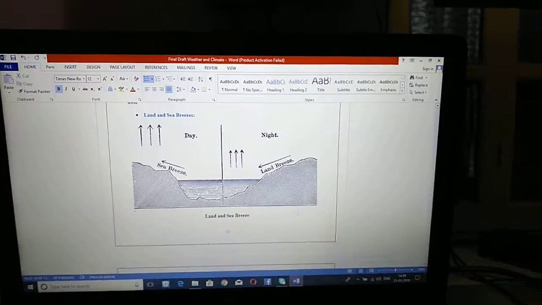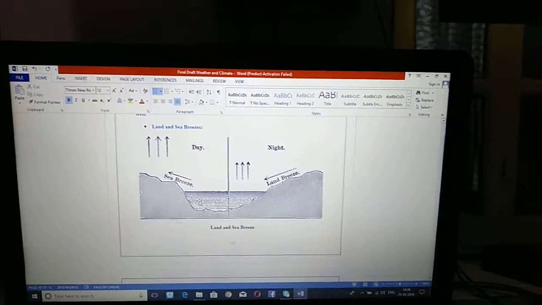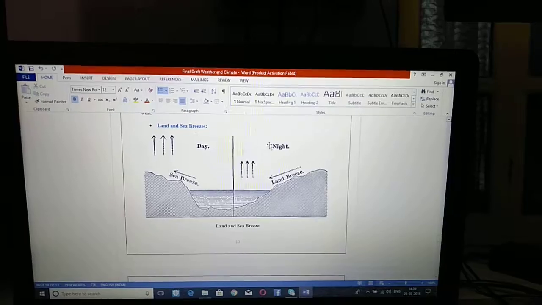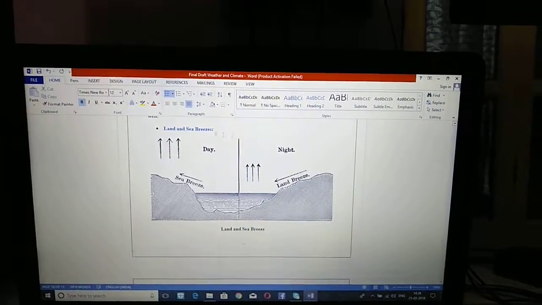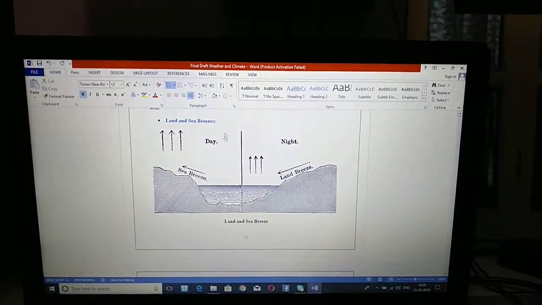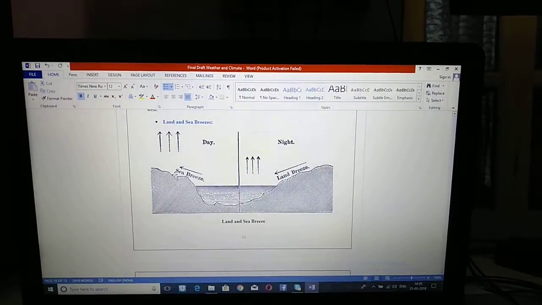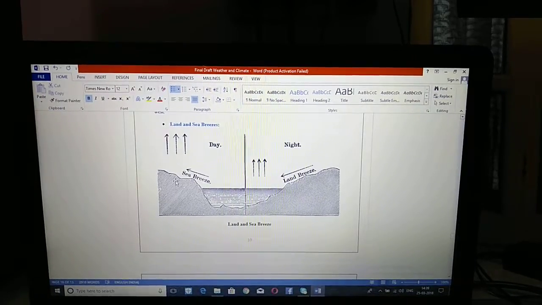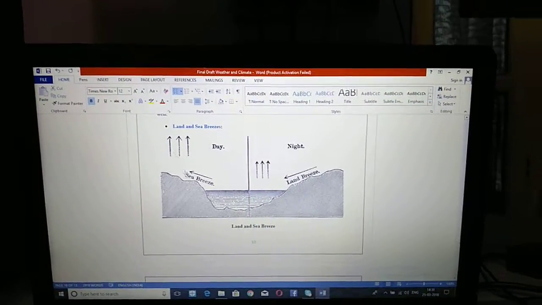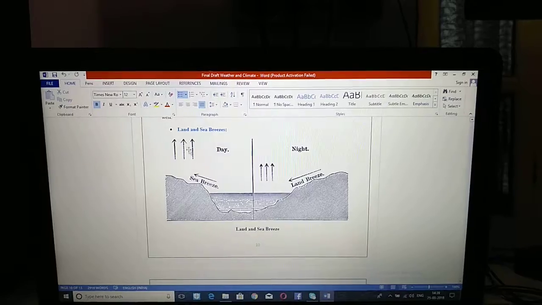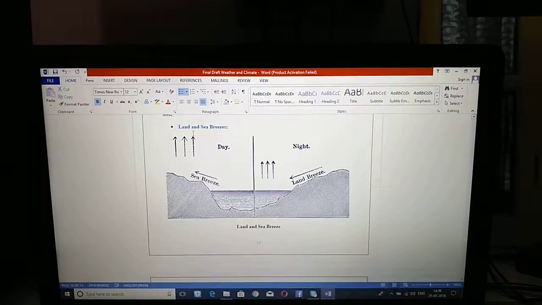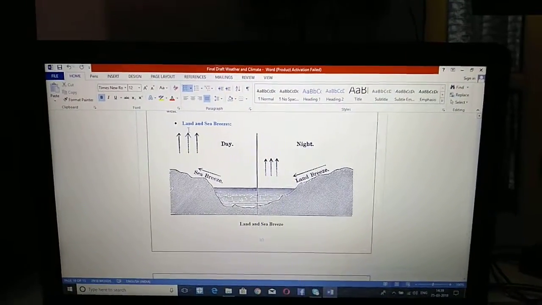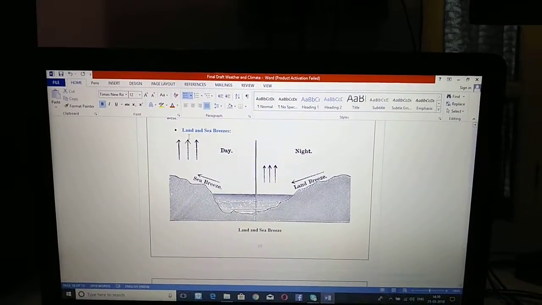Okay, so here you can see in this picture, this is the sea, this is the land, and this is mainly towards the atmosphere, and this is the sky. So during the day what happens? We all know that during the day land gets heated very much faster, and so the warm air rises above. During this process, as warm air rises above, since it is lighter in nature,